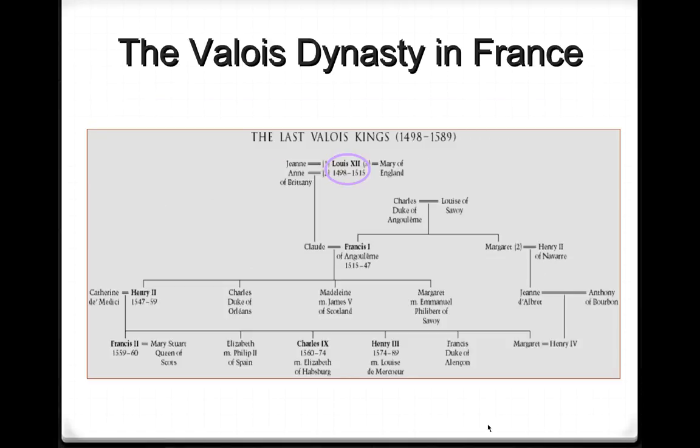In France, what's happening? The Valois dynasty. Take a look at these names that repeat. Some ones that stick out. Look for the Louis. Notice Catherine Medici. Yes, that is one of the same Catherine from Italy, of the famous Medici family. We have Louis the 12th up here. So eventually we will get into Louis the 14th. Later on, we'll discuss Louis the 16th and how things didn't go so well for him.